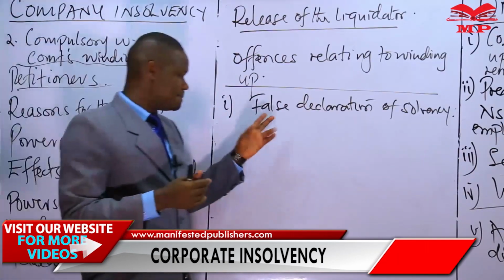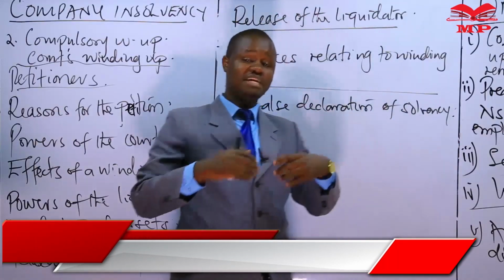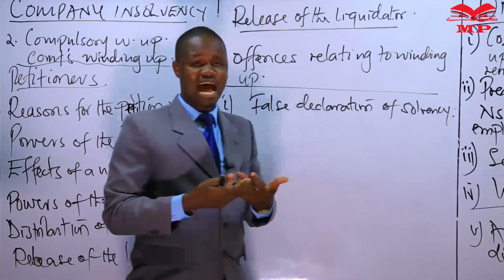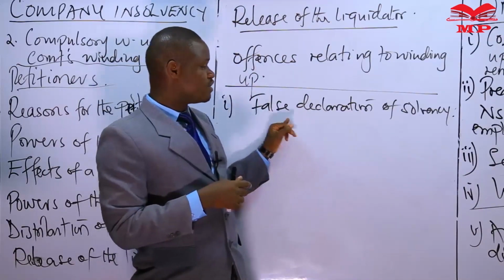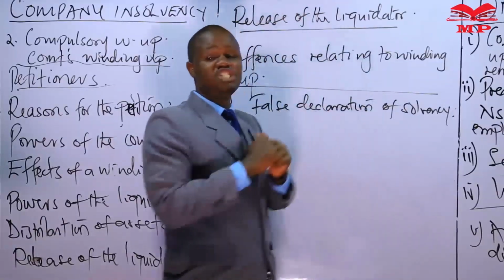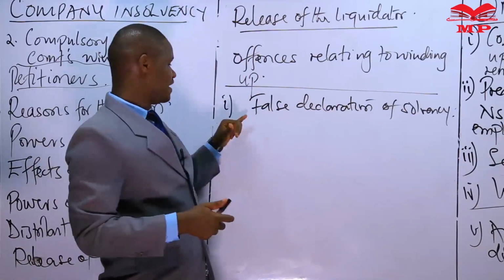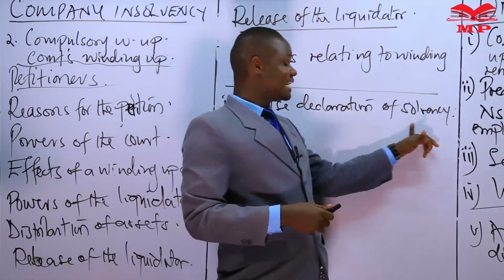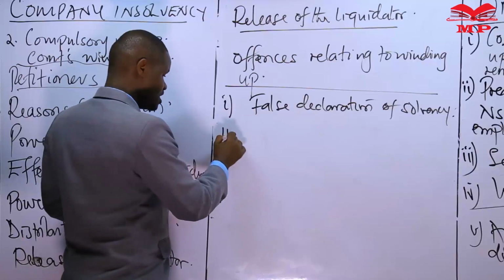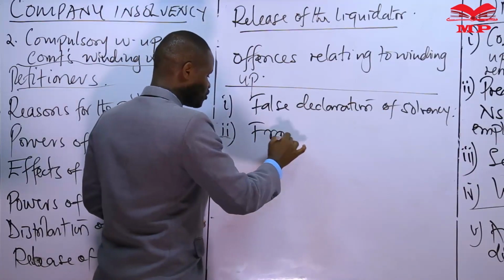If you do remember, in the members' voluntary winding up, since the company was solvent, the directors were to make a statutory declaration as to the solvency of the company. If this solvency was fictitious, if this solvency declared was erroneous, then the directors so declaring the solvency will be committing a crime. It is also a crime to do what we call fraudulent